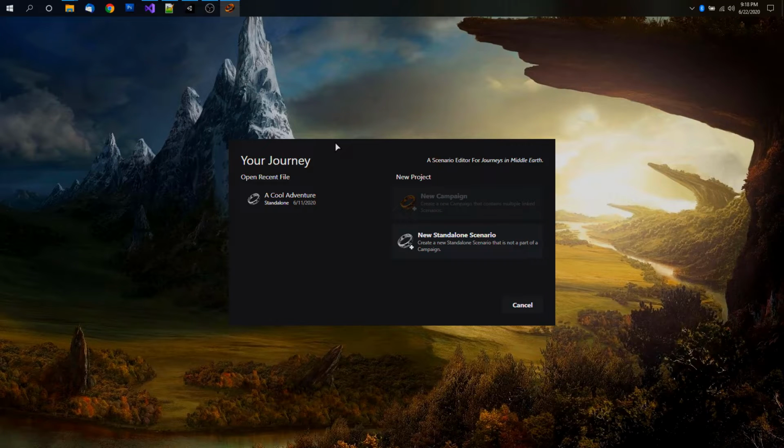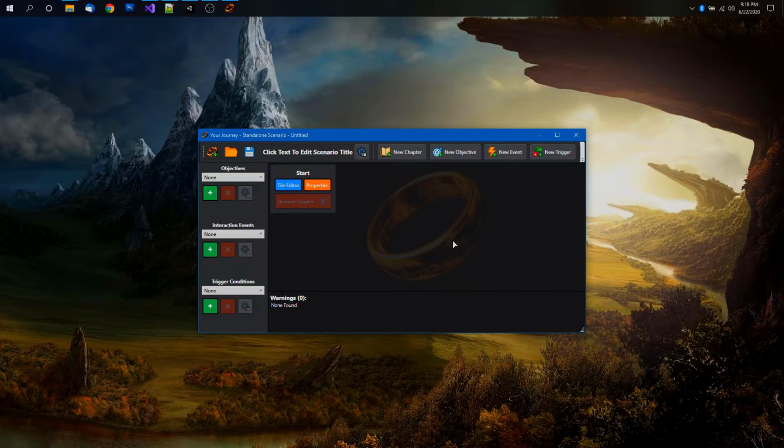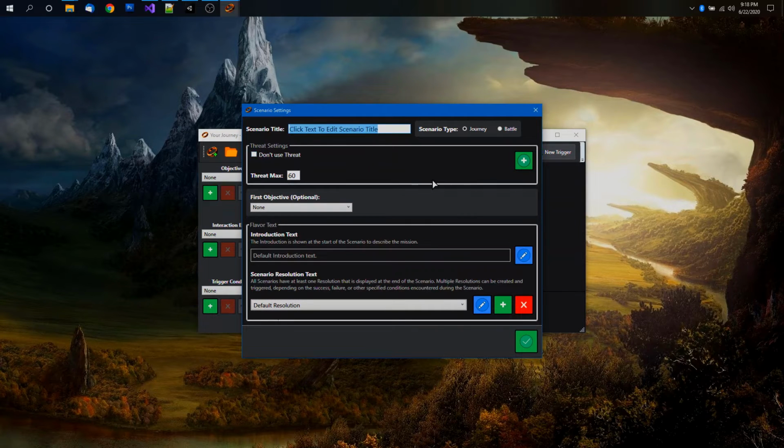Hey everyone, today I'm going to give a short demonstration for my scenario editor for the Journeys in Middle-earth board game. We'll go ahead and begin with a new standalone scenario. The first thing we're going to do is modify the settings for the scenario itself. And we'll begin with giving it a cool name,